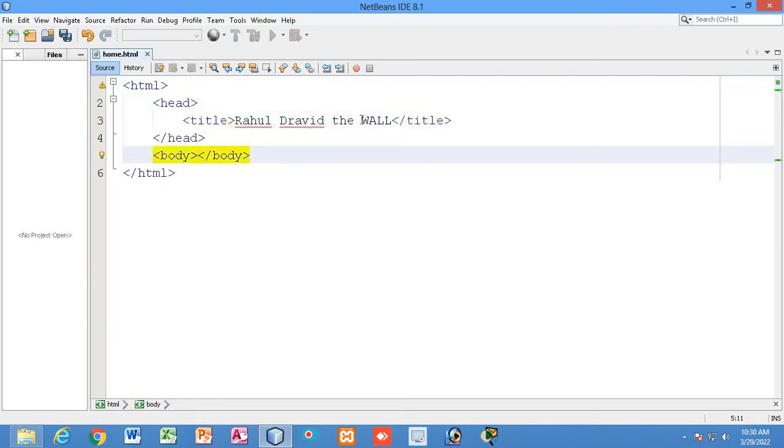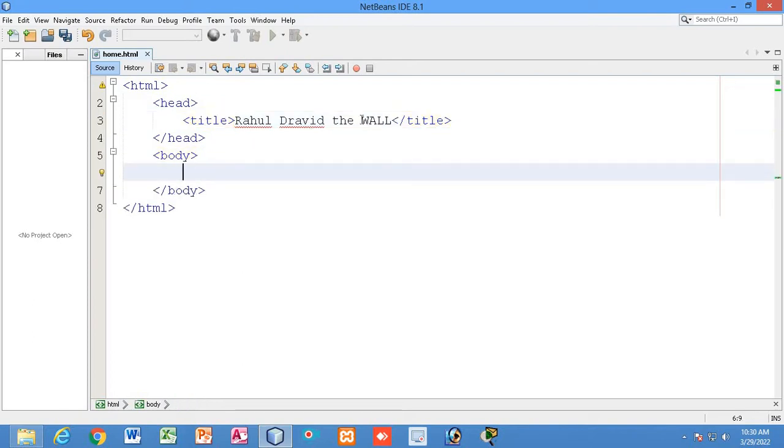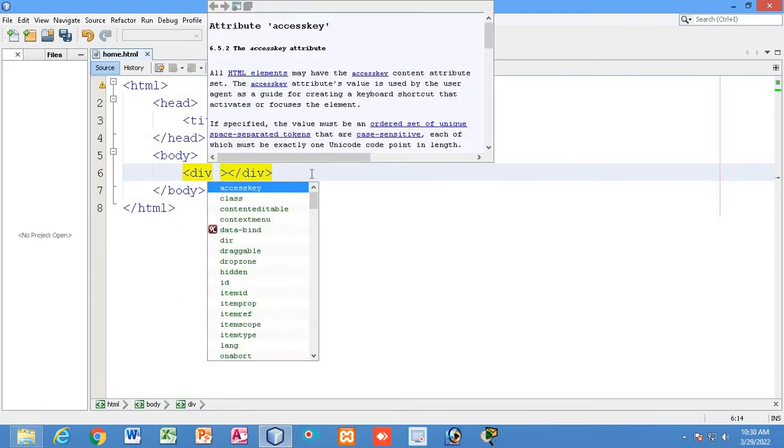He used to be a great cricketer in early days. Not now, he is not playing cricket now. Now he is working as a head coach of the Indian team. So first thing I will do, I will take a div. Div opening tag and div closing tag. So I will name this div as,